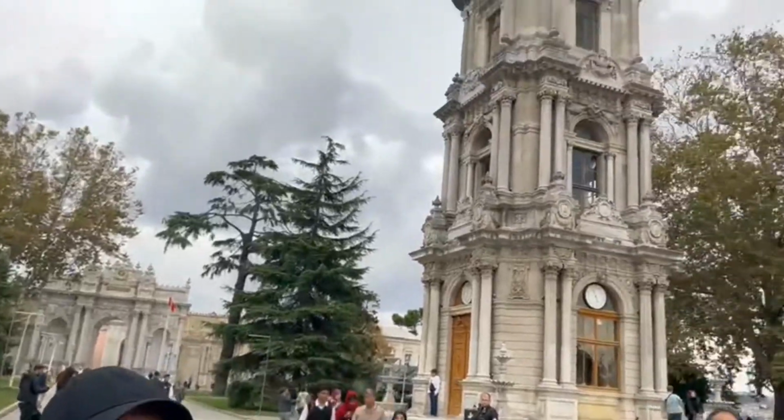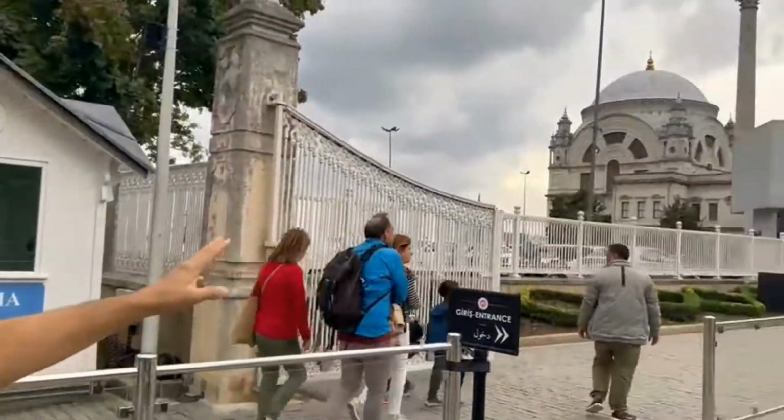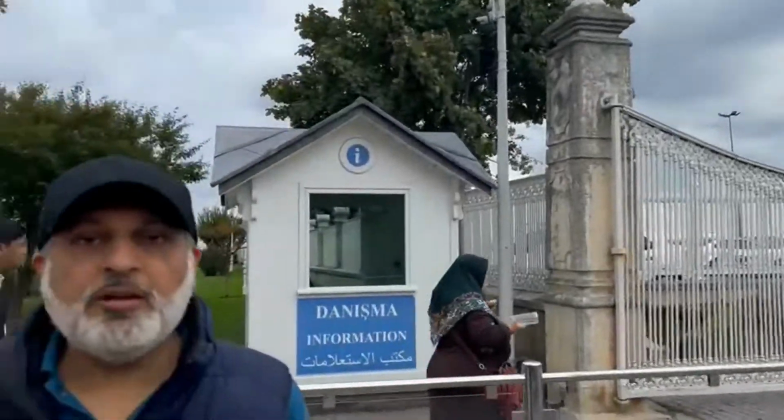Behind me is the Dolmabahçe Palace and Dolmabahçe clock, and across on the opposite side is the Dolmabahçe Mosque. Now, a bit of history about the Dolmabahçe Palace. Dolmabahçe Palace was